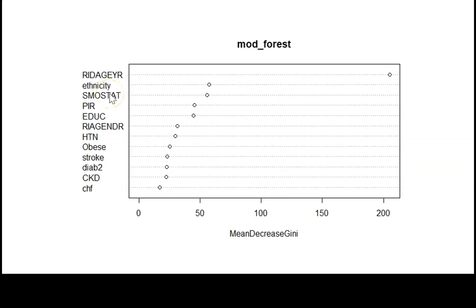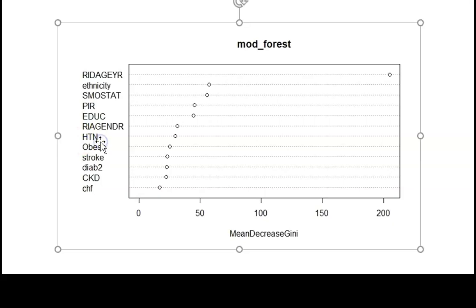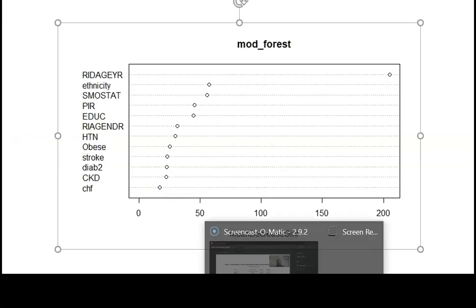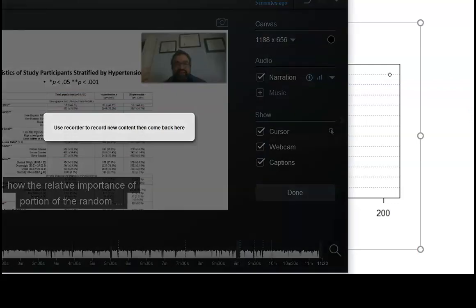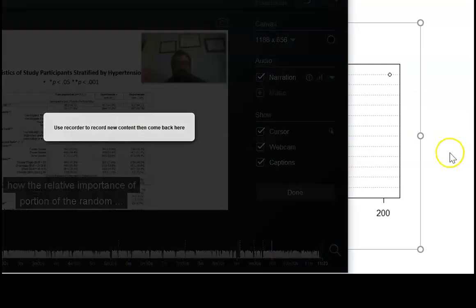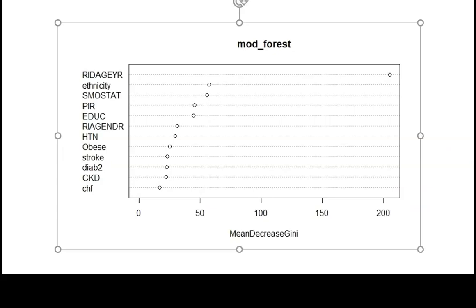And as you can see here, hypertension is very much connected. And when we included C-reactive protein into this model, what happened was it was a bit more important than hypertension. So here, we were able to incorporate all of this. So this is how that works.